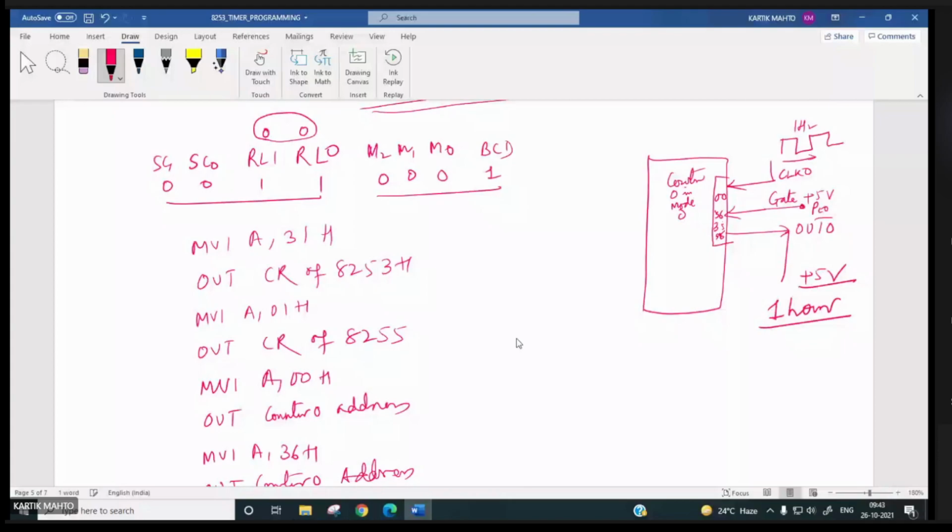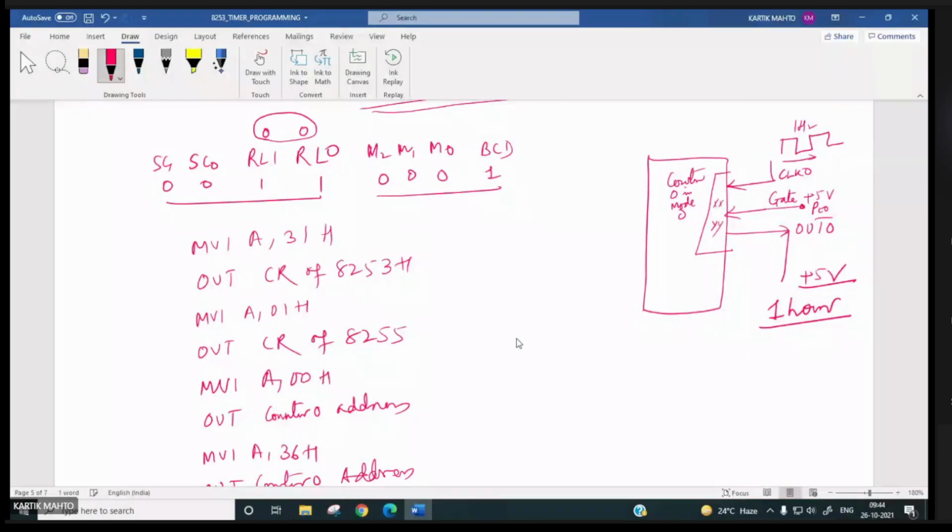So SC0, SC1 will be 00. Now suppose the count value is decrementing, and suppose it is some arbitrary value XXYY. It has decremented to XXYY.